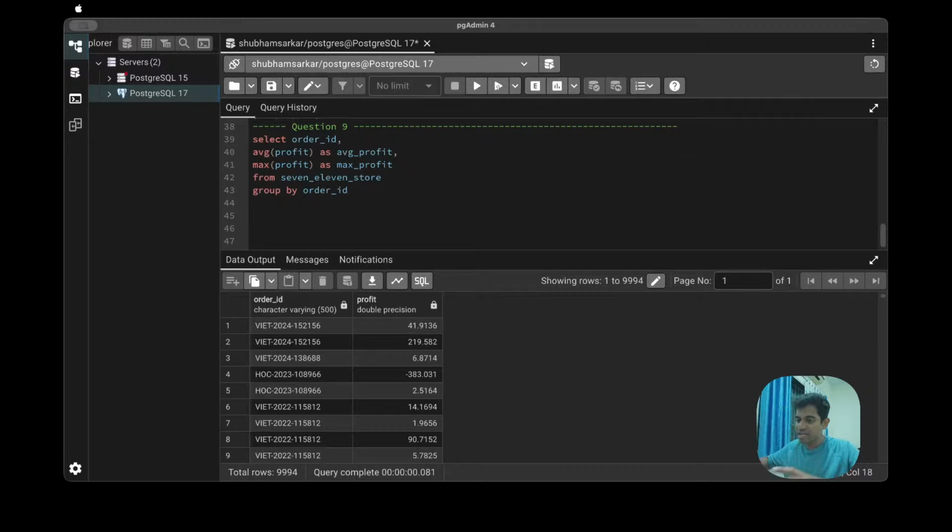Here we have used these aggregate functions, so we will do group by as well, order ID. So as per order ID, suppose you see order ID 156 is there. In this, what is the max? 219, and what will be the average? 219 plus 41 divided by 2 will be the average. Okay, if we do group by,